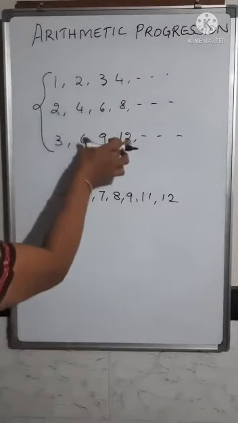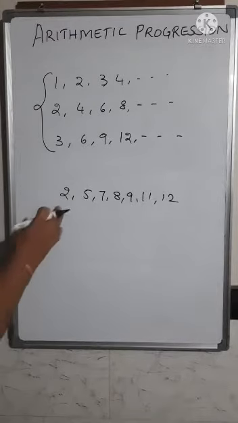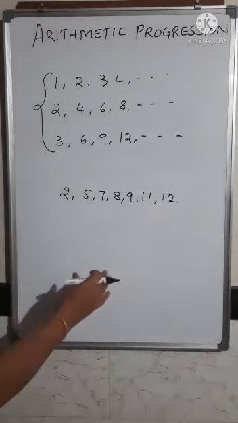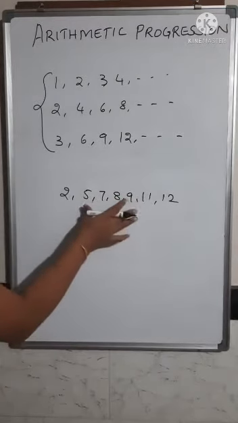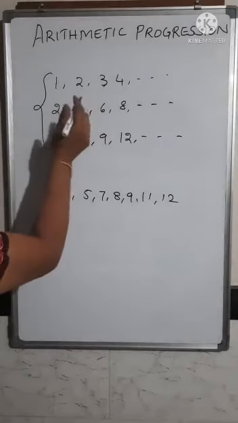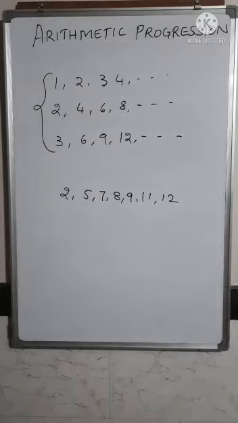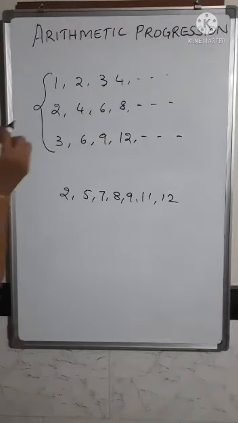So such type of numbers where you have a particular order or particular rule by which you can write the remaining numbers are called a sequence. But here you don't have any order existing between them, so you don't call such numbers a sequence. Now in a sequence, the numbers you have written here are called the terms of the sequence.